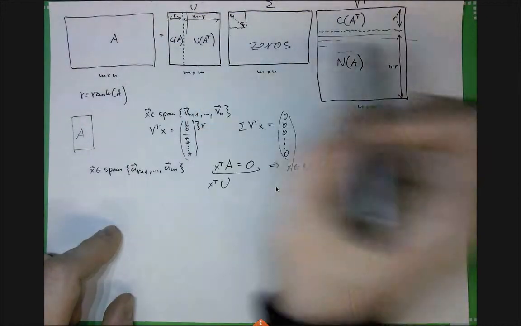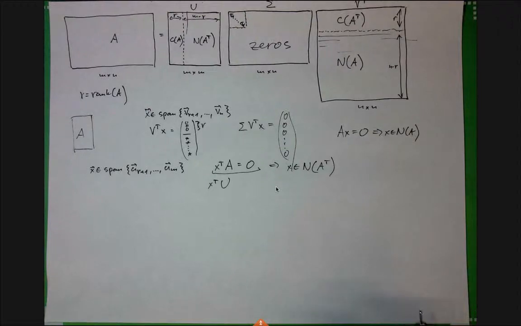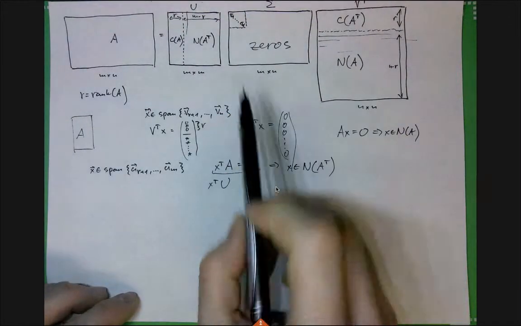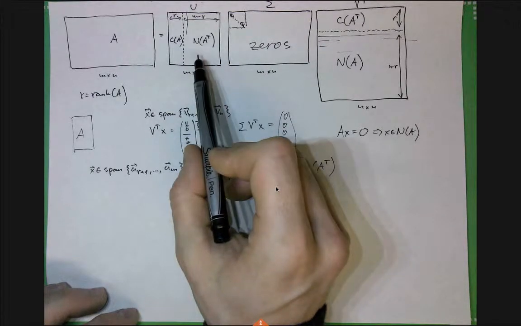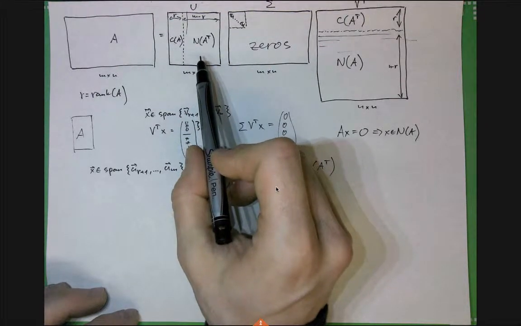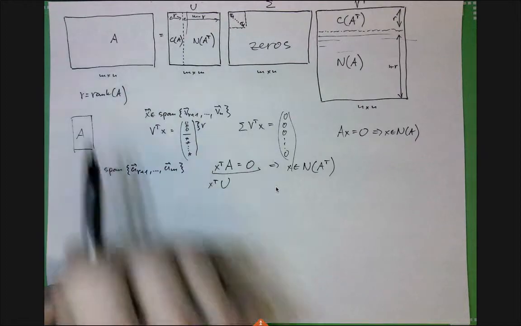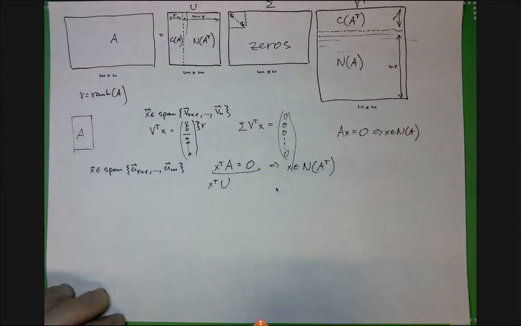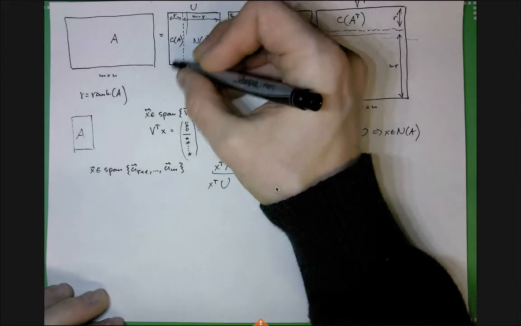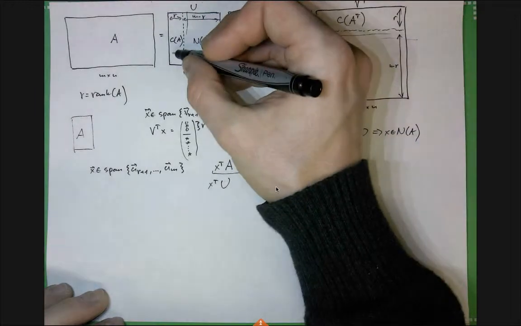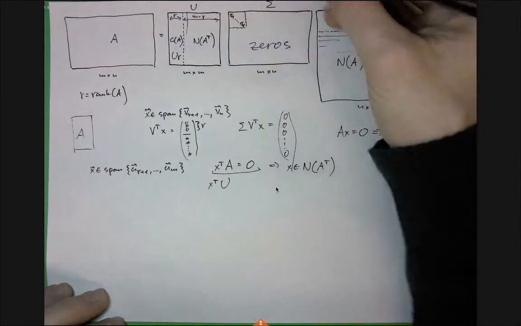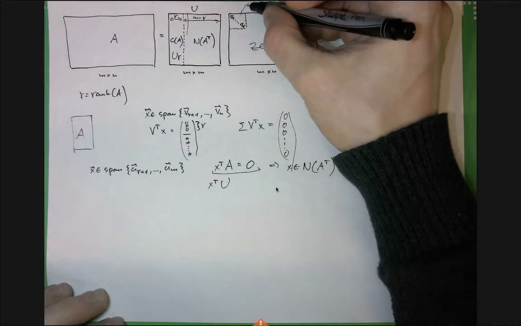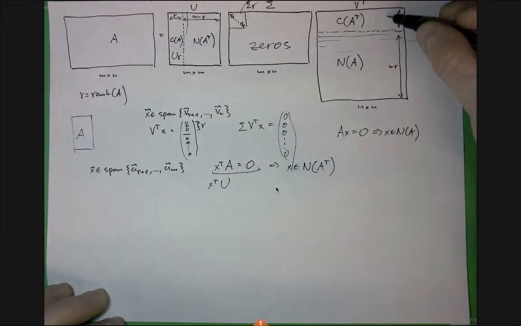So indeed, those are the null spaces, orthonormal bases for the null spaces. And now the null spaces are not really doing anything useful in terms of generating this matrix. So I can as well get rid of them. I can make the decomposition thinner. I can say that this part of the matrix is called UR, I can say that this will be sigma R, and this will be